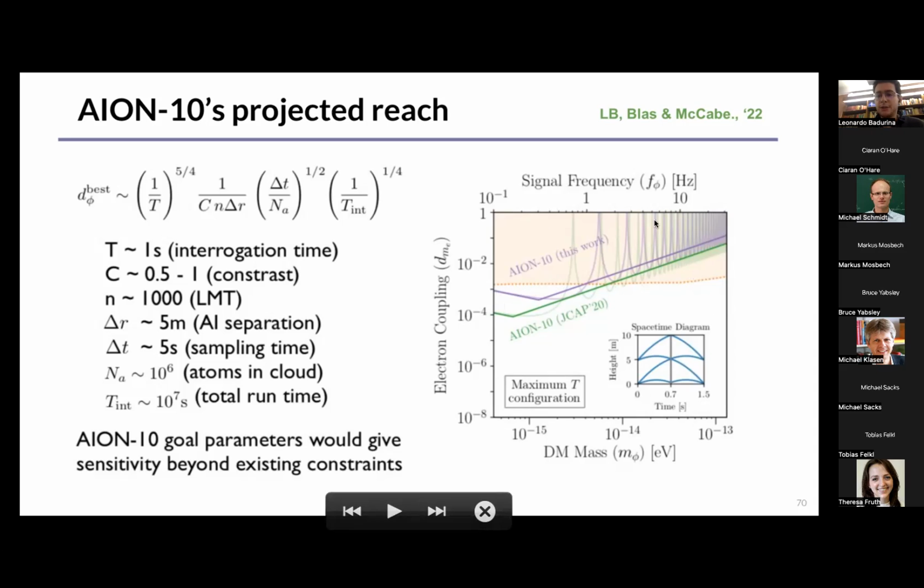So here in orange, I show the exclusion limits from the MICROSCOPE experiment. You can see that there is still roughly an order of magnitude that can be probed by even this very first realization of AION, which is, in my opinion, something quite remarkable. Also, if you look at the